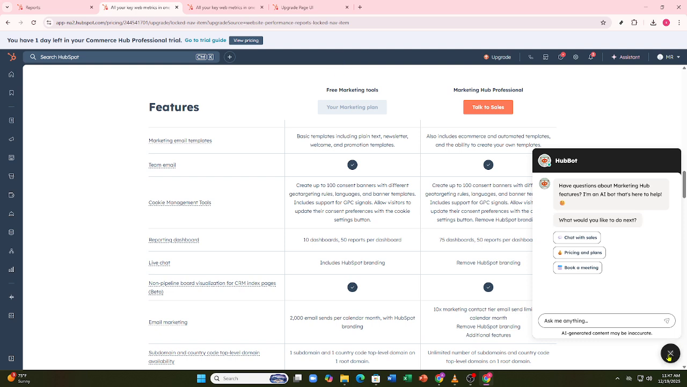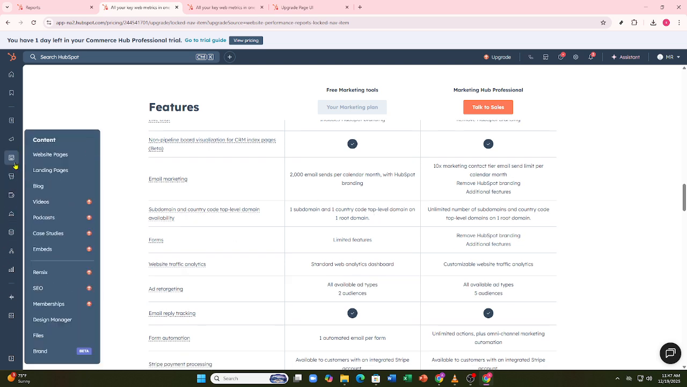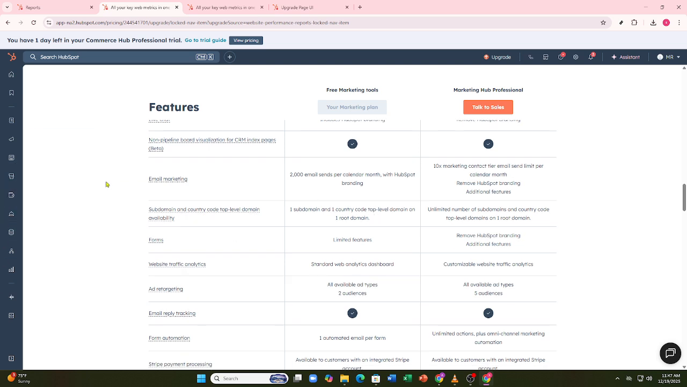And that's it. By using HubSpot Traffic Analytics, page performance, and source tracking, you can monitor and improve your website